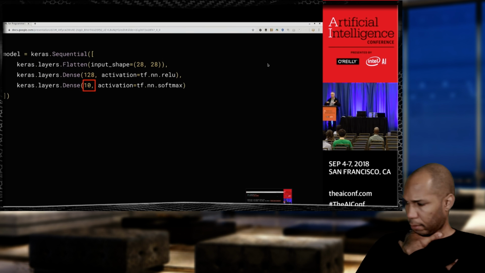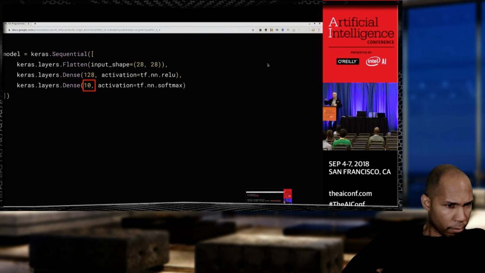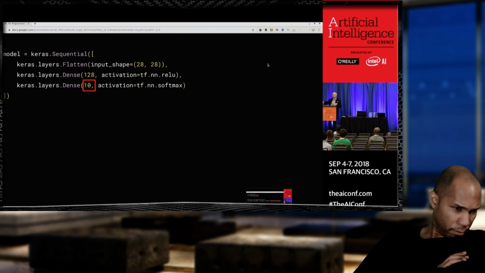Typically, you want to have 10 outputs for your 10 different labels, and each output is going to give you a probability that it is that label. For example, the boot that I showed earlier was labeled number 9. So neuron 0 is going to give me a very low number. Neuron 1 is going to give me a very low number. Neuron 2 is going to give me a very low number. Neuron 9 is going to give me a very high number. And by looking at the outputs across all of these neurons, I can determine which one the neural network thinks it's classified for.